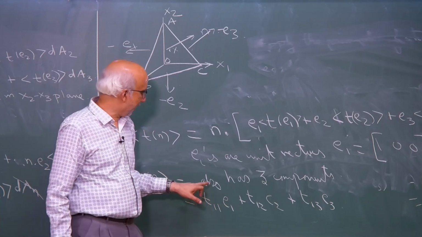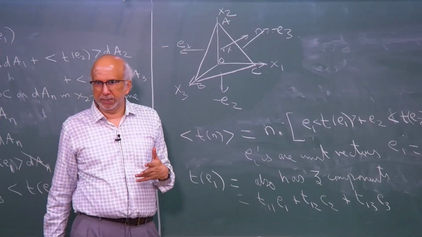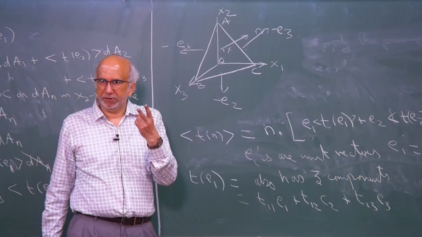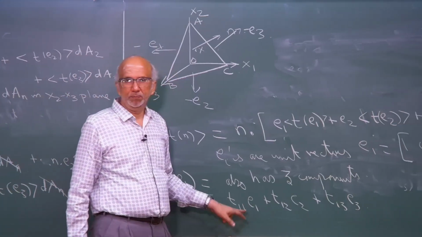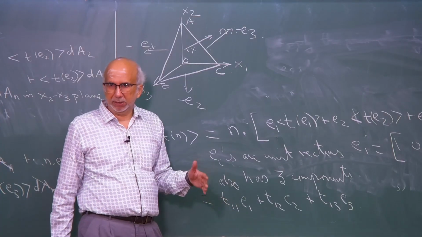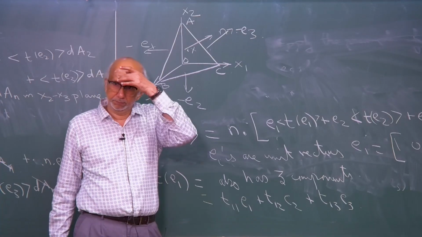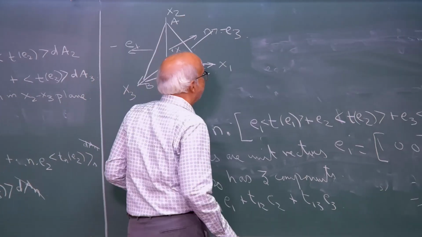This is an arbitrary force, T of E1 can be arbitrary, I do not know what the direction is, and I am specifying 2 subscripts. First subscript is telling you the direction of the normal, second subscript is telling you the direction of the force. Is this clear? So, when I said Tij